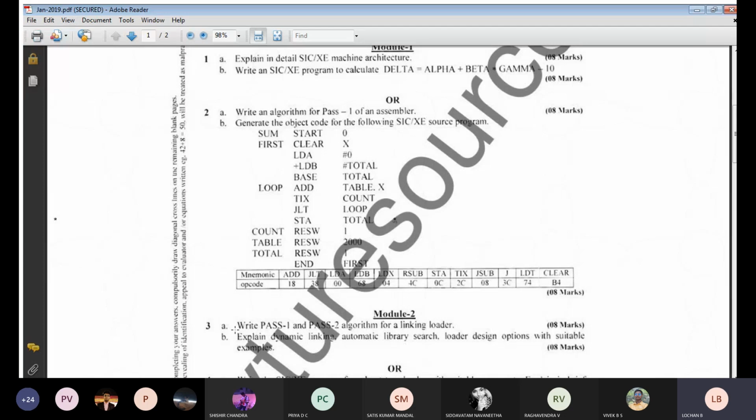Next, what is the next instruction you are going to get? LDA #0. LDA #0 means it is format 3. So we will be adding plus 3 to your next instruction. Previously it was 0001, so now it will become 0004. Like that we will be adding. First I will be filling in those particular addresses. Afterwards I will start calculating your object code.